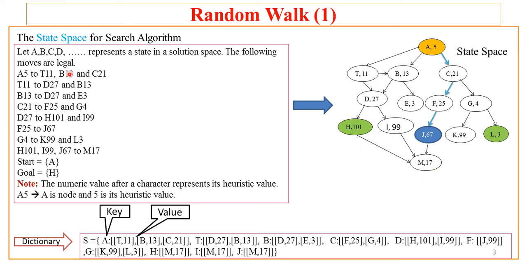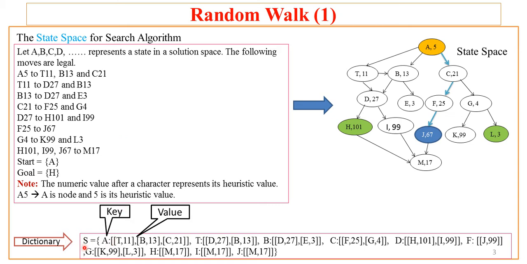So this description of the English statement can be represented graphically, but this graph or these English statements are not basically understood by our algorithm. So we'll try to represent that representation, either it is in terms of English statement or in terms of the graph which is pictorially represented here as a state space. So none of this is suitable for our algorithm. So we need to have a sophisticated representation of this description of the problem in terms of data structure.